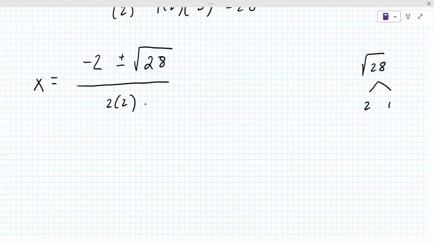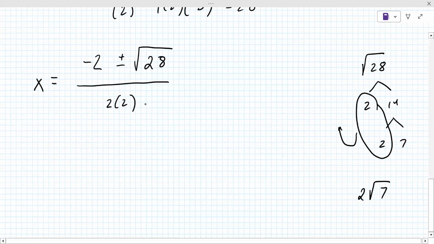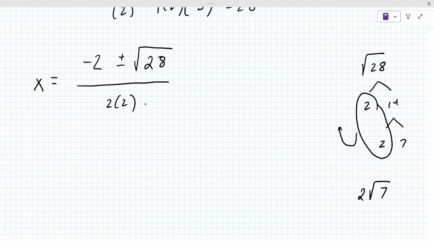And 2 and 7. Good. And so if there's a pair of 2s, you bring the 2 out. 2 square root 7. All right, so that's the part that becomes, it's minus 2 plus or minus,